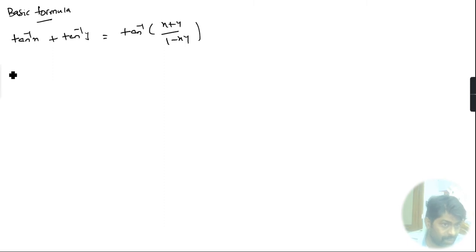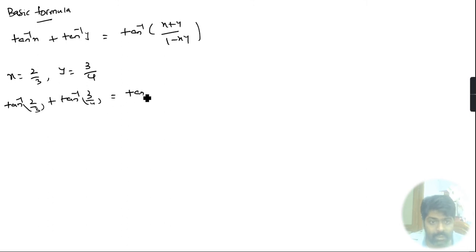So we substitute, what is the x value? x value equal to 2 by 3 and y value equal to 3 by 4. So therefore tan inverse of 2 by 3 plus tan inverse of 3 by 4,